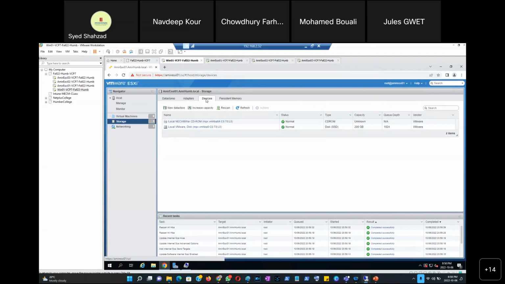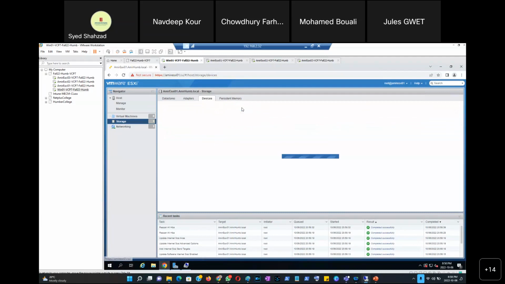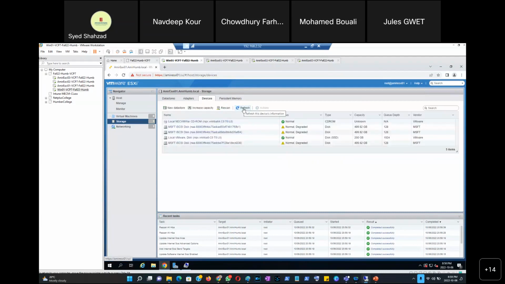It doesn't show. Okay, so refresh here. Not yet. I want to time it, right? Oh, there you go. Okay, so three devices: MSFT, MSFT, and MSFT, and they are all 499, exactly 500 GB, right? So there you go. Three devices have been added from the target Win01 to the first initiator,